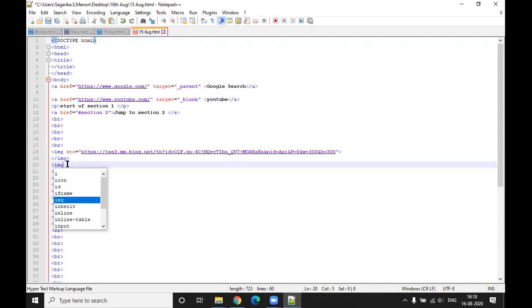All we are trying to do is we want to display a flag on the web page. How can we display a flag on a web page? If we have an image tag. For an image tag, what we require is a source attribute. So image, then put a space, put a source, src. You have to put it inside that, Sagarika.